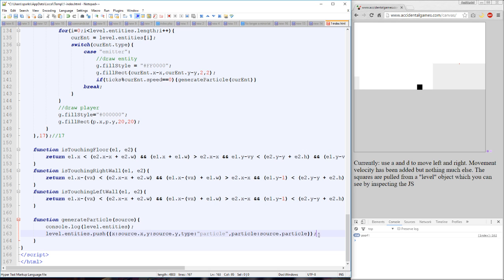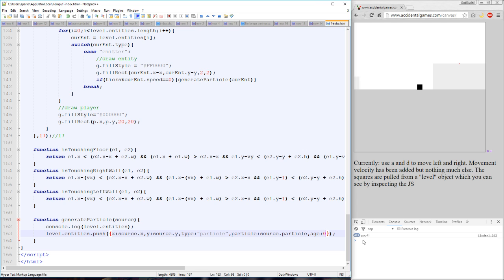Right. So our particle has an x and a y. As a type, it has a particle texture. It also needs an age, which is going to be 0, and we're going to use the age to tell when the entity should be deleted. So once the particle has finished particling and floating up into the sky or whatever we do with it, it will vanish. And we can use the age to change its properties and things like that. Good. Okay. So I'm going to save that, and we're just going to have a look at the